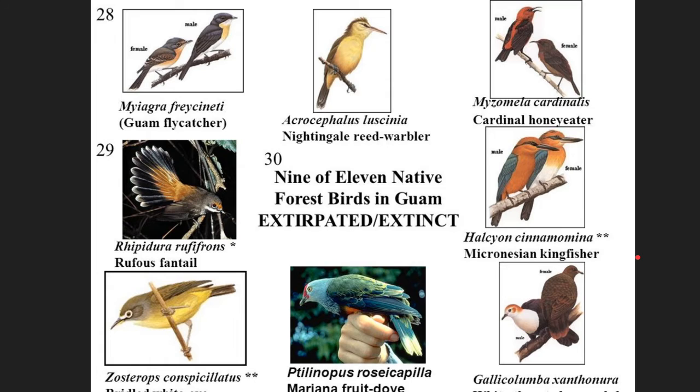In the 60 years since its introduction, the brown tree snake has driven 9 of the 11 native species of birds extinct. There's only 2 species of birds left on the island. All of these that you see are now gone